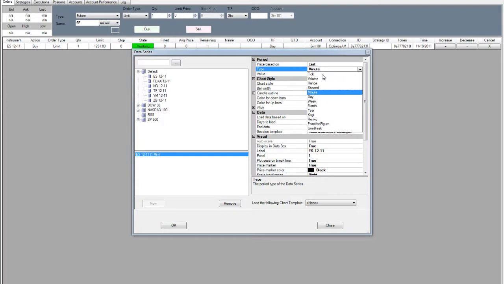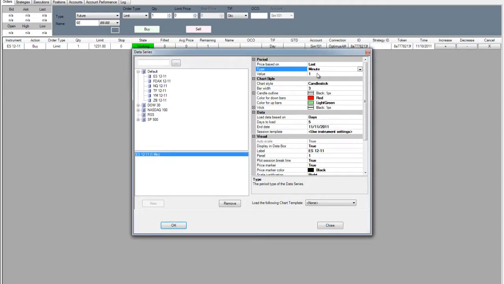There's several different types in NinjaTrader, including tick, volume, range, second, minute, day, week, month, year, Kagi, Renko, point and figure, and line break, as well as the ability to make your own custom chart types or buy some from third-party vendors. I'm going to just use a 5-minute chart, and then I'm going to move on to my chart